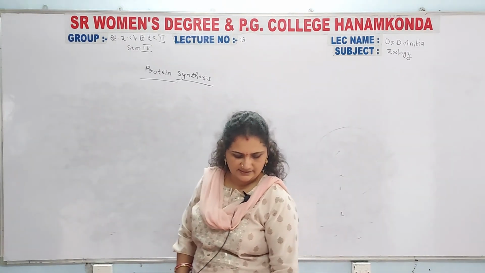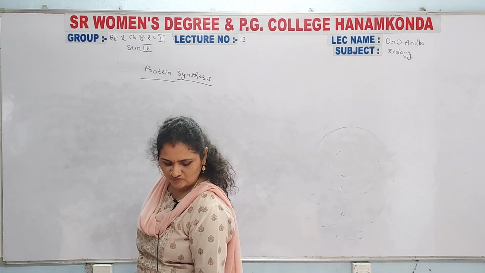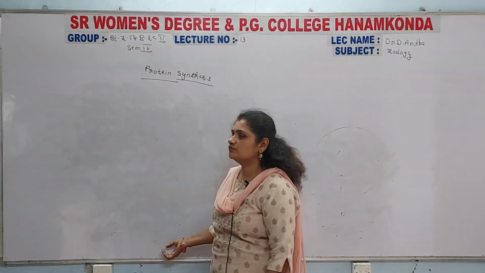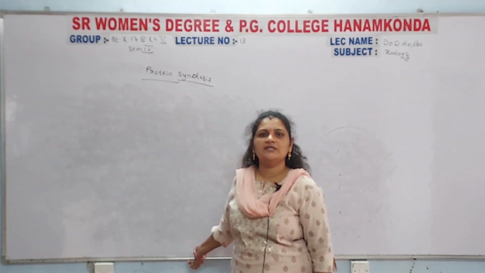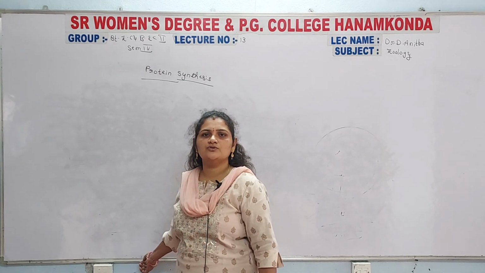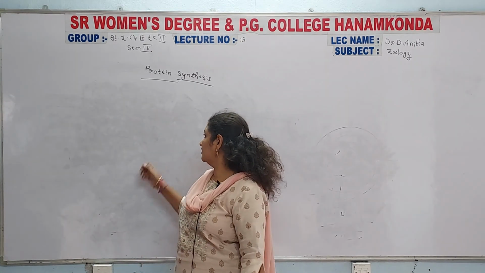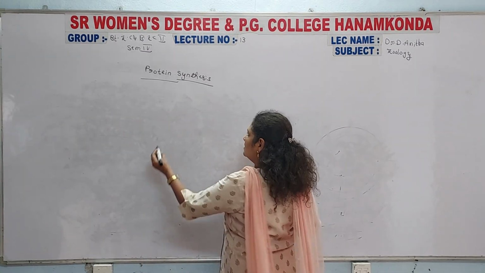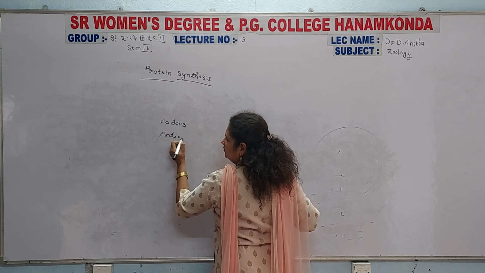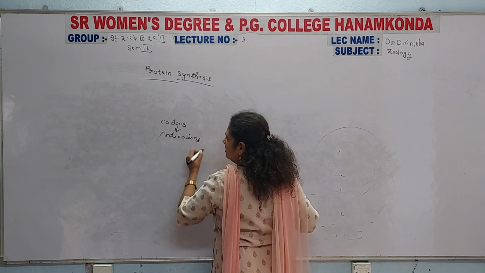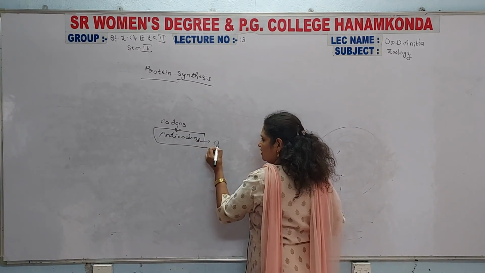So in protein synthesis, the transcription is over. After completion of the transcription, the translation follows. The translation takes place between the mRNA and the tRNA, mainly on the surface of the ribosomes. The tRNA attaches, and between the mRNA and the tRNA the genetic information is in the form of codons and anticodons. The codons always bond with the anticodons, and then the amino acid chain is formed.